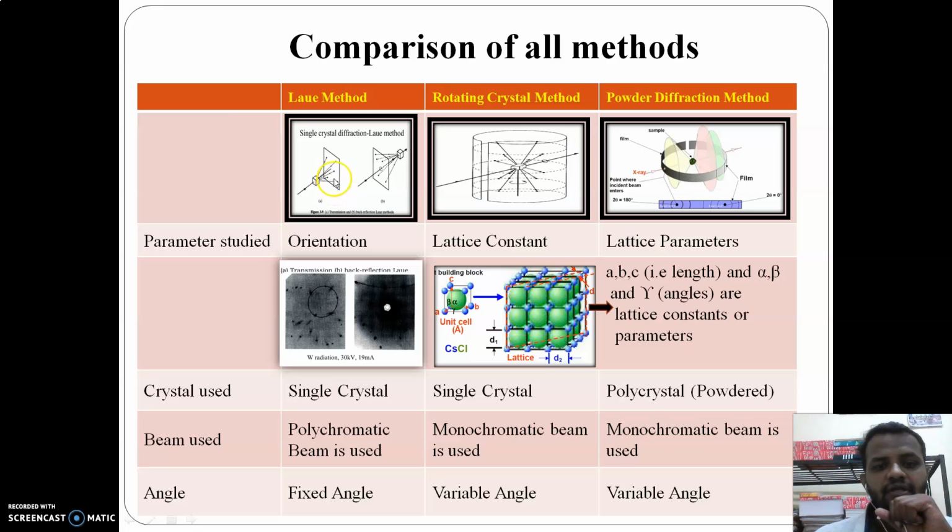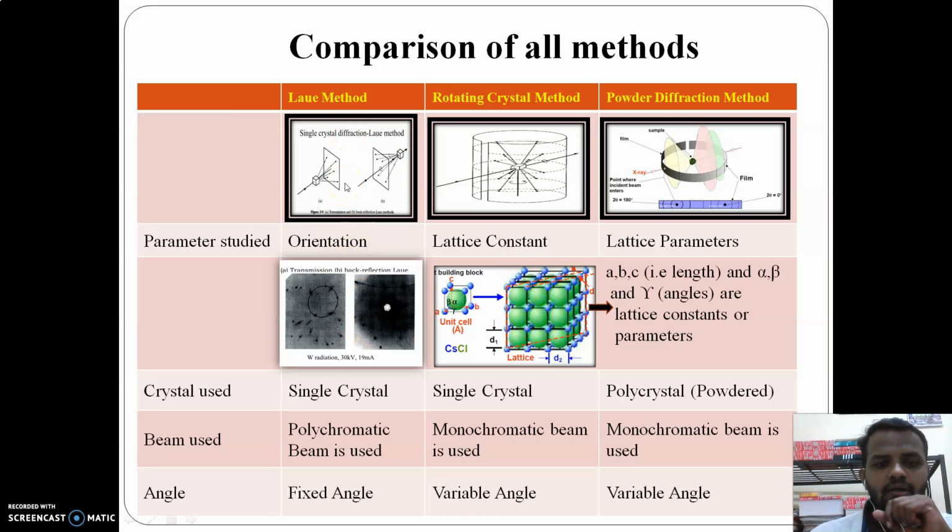In this, we have studied the transmission method and the back reflection method. If you observe the images formed by the transmission method, you get dot-like appearances, but in the case of the back reflection method, an arc is formed over here. Since it is a back reflection, the cone formed will give me an arc appearance. This will appear something like this. So this was the Laue method.